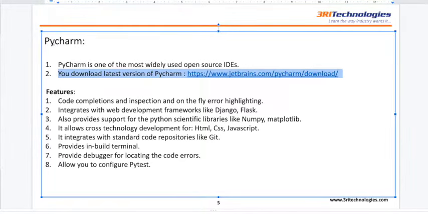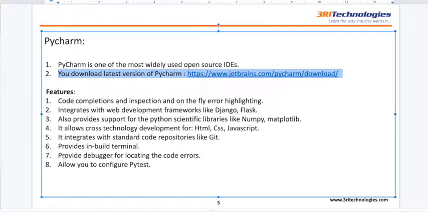I would not like to enforce PyCharm onto you, but I would still like to suggest a few of the features of PyCharm, which is why you should use it. Let's say you are writing some code: PyCharm very intelligently allows you to do code completion automatically. It will give you suggestions of the methods that you should be using. Plus it provides a debugger as well, which you can use to locate your errors,